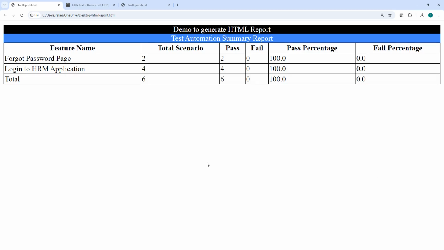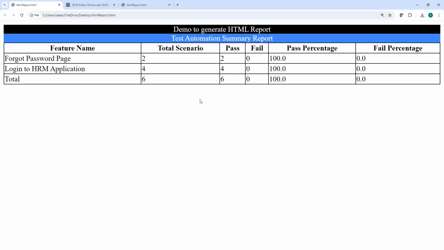Hello everyone. So in the last video we discussed generating a summary report from Cucumber.json, and we generated something like this in this report. Now, as I mentioned in my last video, I would like to enhance the report more. For that, I am planning to deliberately fail some test cases and then see whether the failure percentage and the fail count are coming properly or not, and